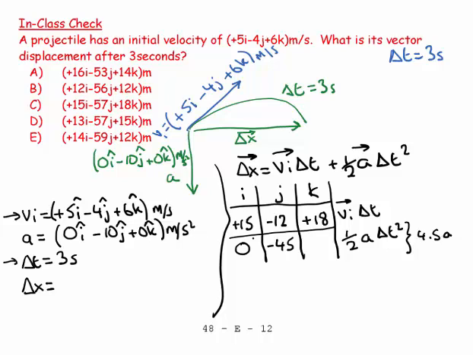And 4.5 times 0 is 0. And according to this equation, I need to add these two together. So I add these numbers and I get plus 15i, and then I get minus 45 added to minus 12 is minus 57, minus 57j, and then I get plus 18k